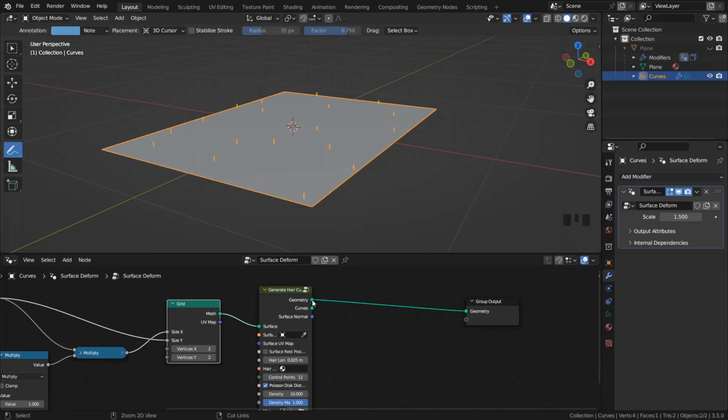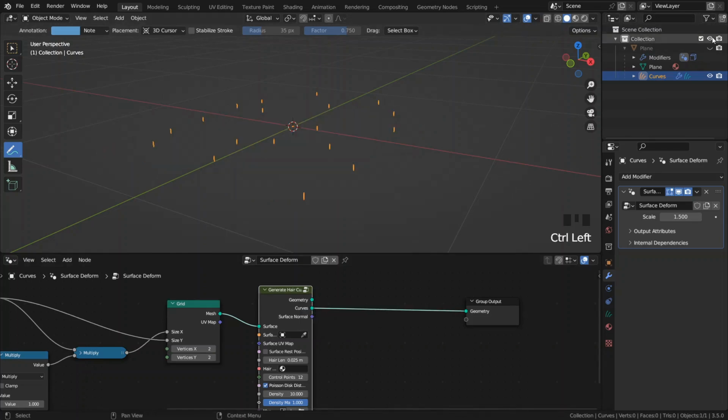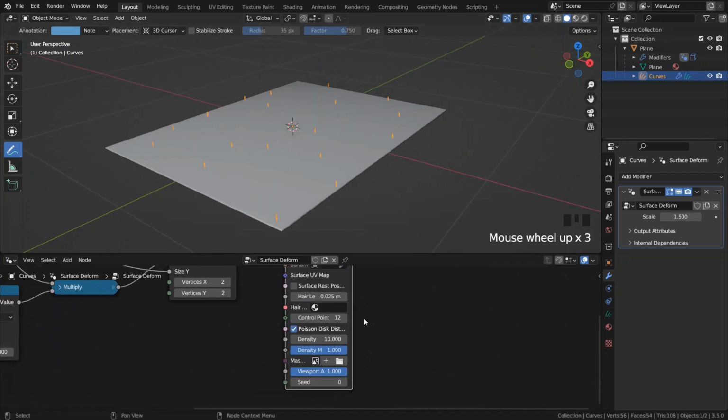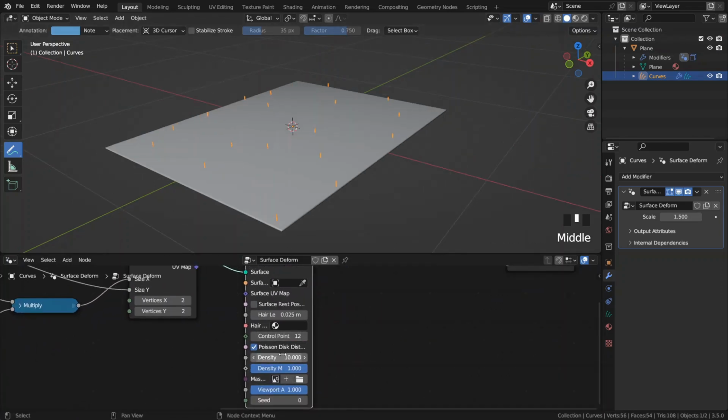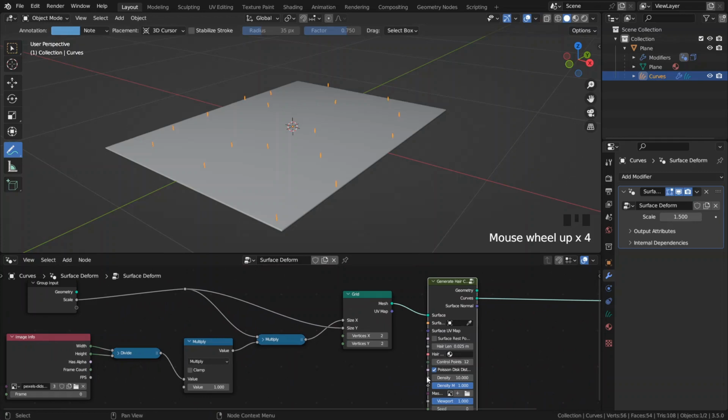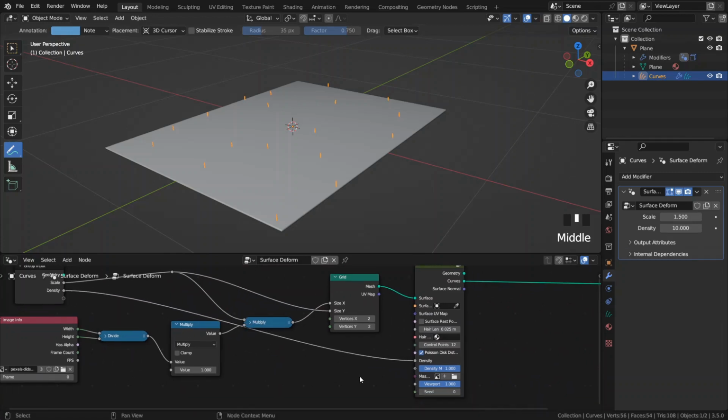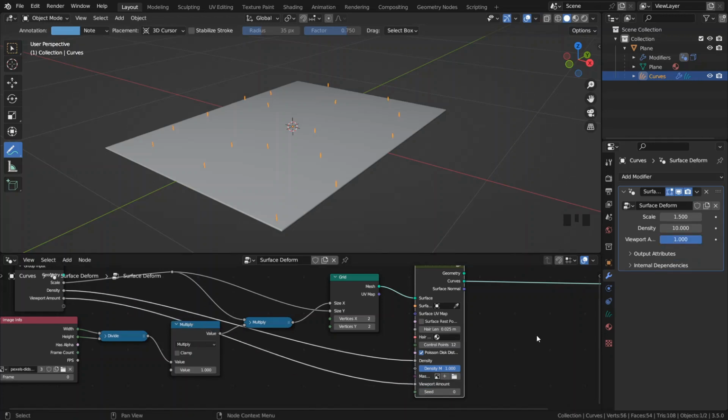I want to just use the curves output and turn on the plane, and I can in here change the control points and the density. I want to connect the density to the input, and also the viewport amount. Well, you know that the viewport amount is just a percentage of my total density, which we can see in the viewport, and you can keep the density in the render. Just for having a better performance in your viewport, you can give a lower percentage. I set this to 2000 for now,